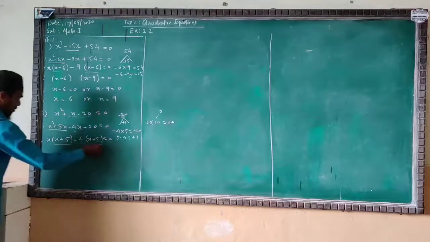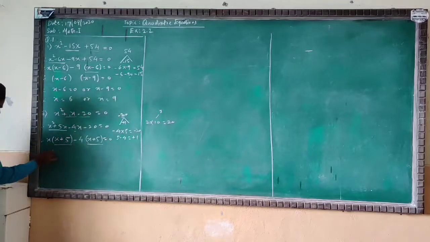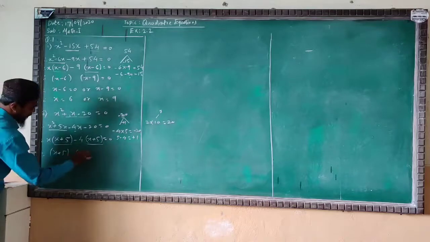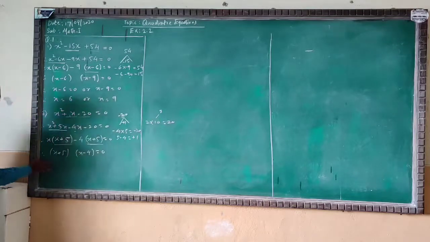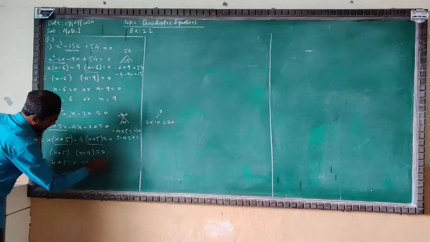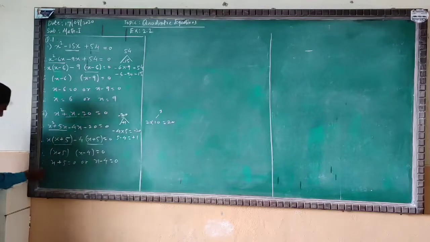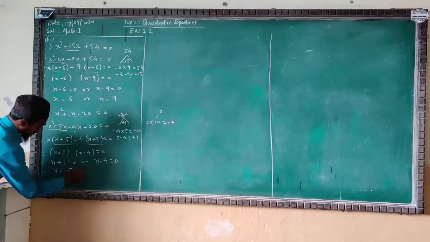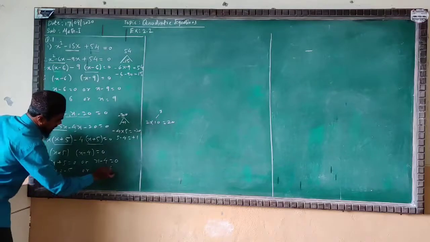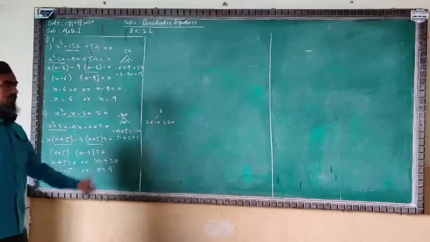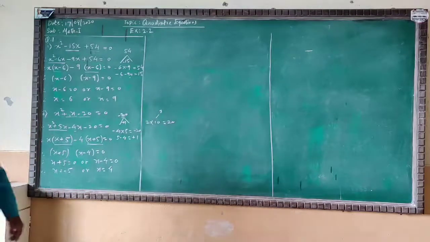We will take this bracket as a common according to the last. You will have here x plus 5 as a common. In the other bracket we will add x minus 4 equal to 0. Now the equal to 0 will be for both brackets: x plus 5 equal to 0 or x minus 4 is equal to 0. Therefore, x is equal to, on the right side, minus 5, and the minus 4 on the right side, plus 4. The answer is minus 5 and 4. It's your answer. Now continue to the next question.